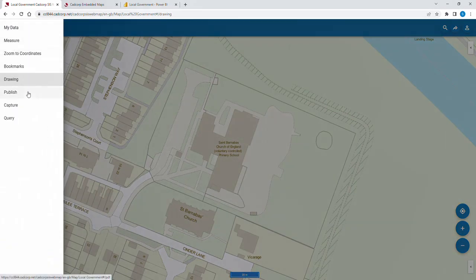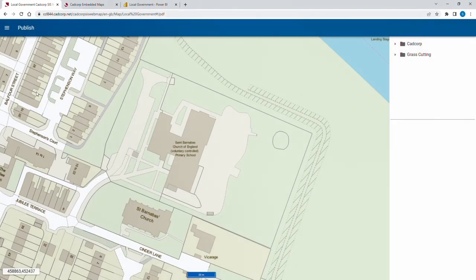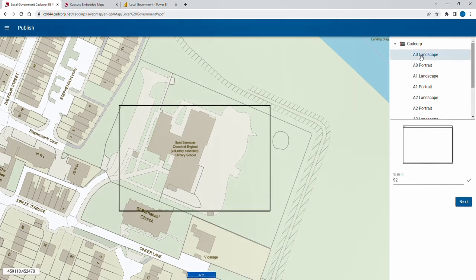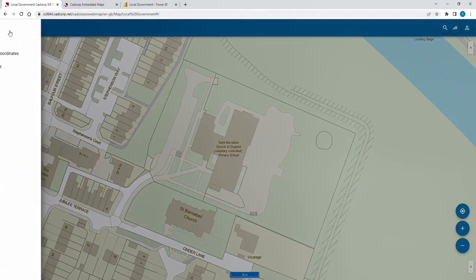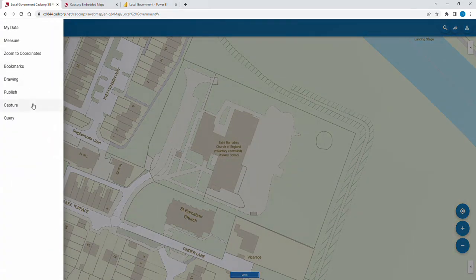You can create your own PDF maps with Publish. It supports up to A0 in size. You can also select a print template of your design, which can also include your corporate branding. It also supports the creation of layered PDFs. Capture is an alternative to Publish, where you can grab a screenshot of the current map view and save it